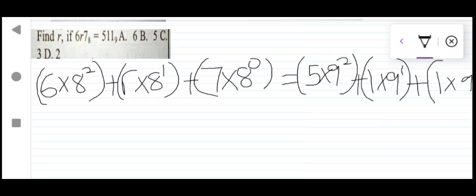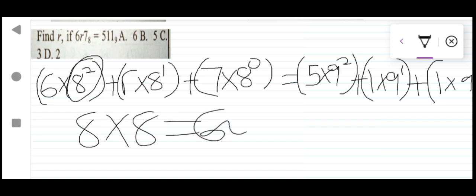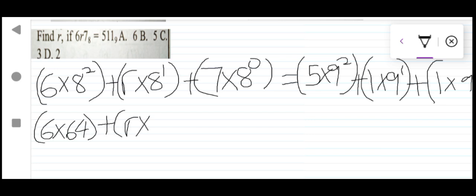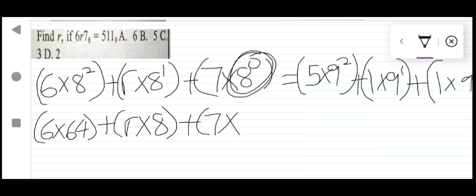Going back to this, 8 power 2 means 8 times 8, and that is 64. So let's see how to go about this. We have 6 multiplied by 64, plus r multiplied by 8 power 1, still the same as 8. So r plus 7 multiplied by 8 power 0 is 1, equals